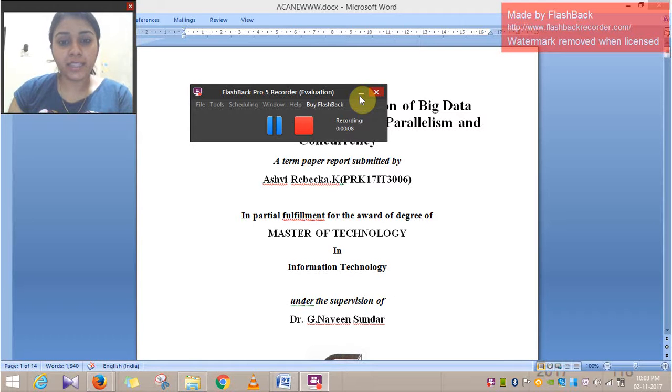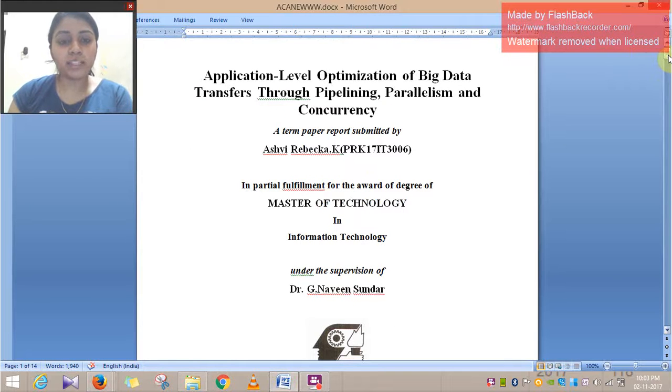Now I'm going to be explaining my base paper. My topic is application level optimization of big data transfers through pipelining, parallelism and concurrency. I've basically chosen 5 reference papers, and those reference papers belonged to the concepts of pipelining separately, parallelism